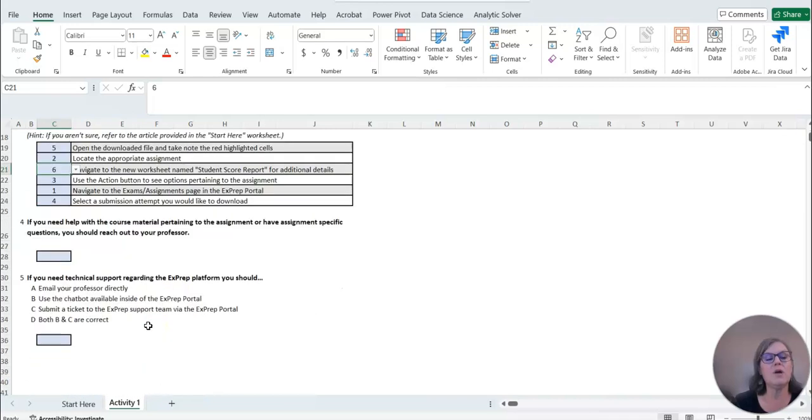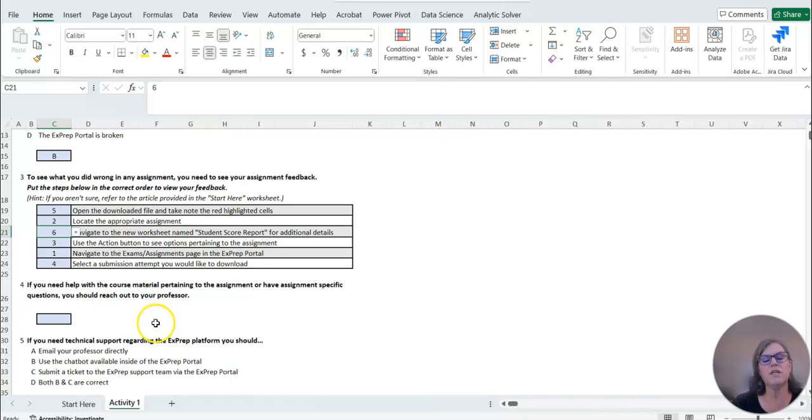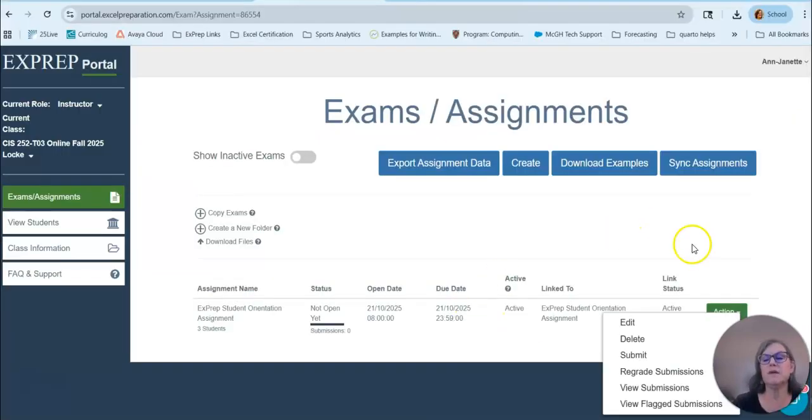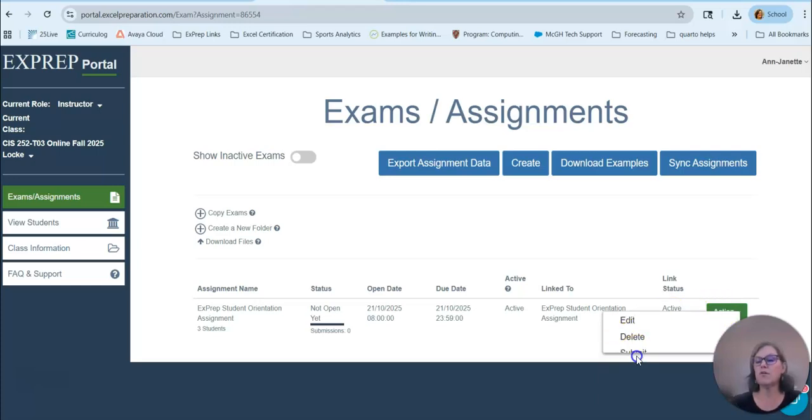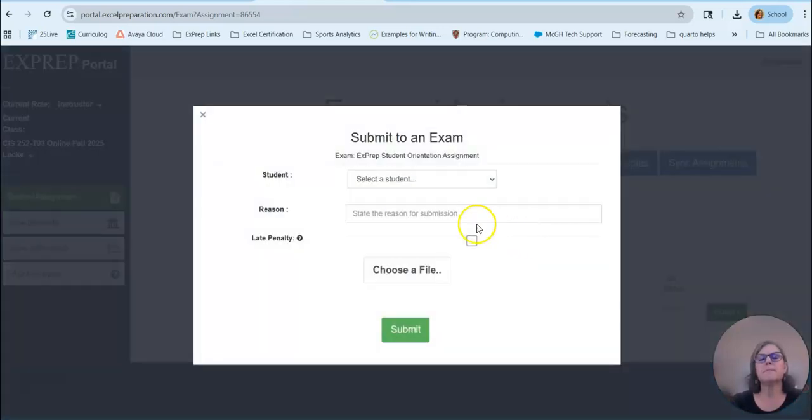All right, now I'm not going to do the last 2 for you. I'm going to leave you to do those. I want you to see how it works to submit this. So I'm going to save the file. You want to save it, and then we can submit it. So you will go to Submit. You use that action button back in the portal. You'll click Submit, and